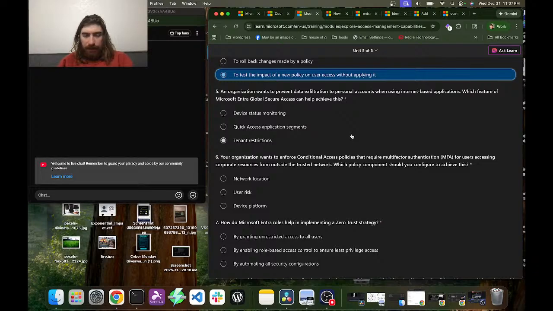An organization wants to prevent data exfiltration into personal accounts when using internet-based applications. Which feature of Microsoft Entra Global Secure Access can help achieve this?